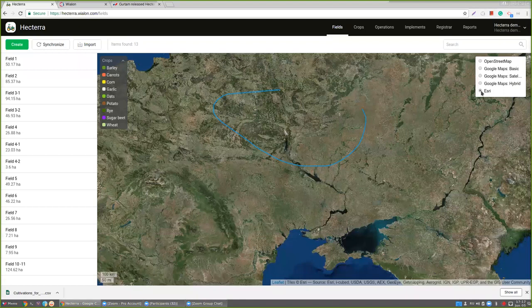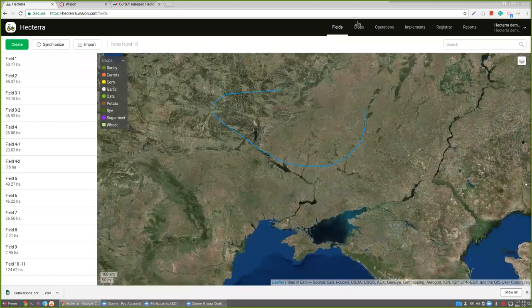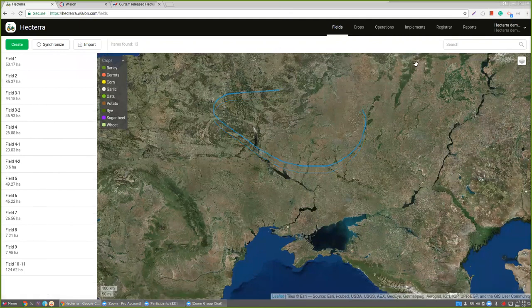So there are three methods for creating the fields. The fields can be created directly in the application. This method is the most time-consuming, and knowing this, we have implemented